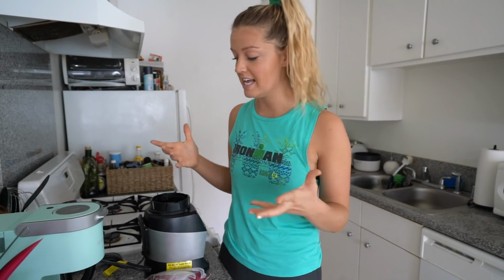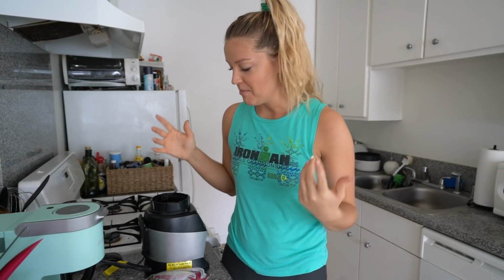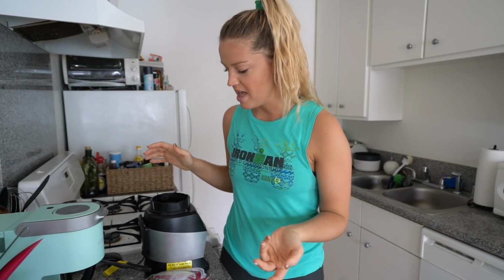If you have a Vitamix, I would use that personally because it has that little puncher that you can use to really get the ingredients down in there, and that's probably the best way to get it super thick. But Vitamixes are expensive and I don't have one right now in my apartment. I have one at home, but this is the one that I use,